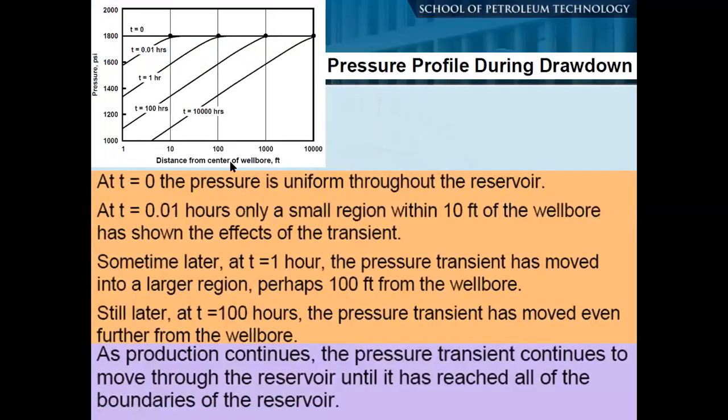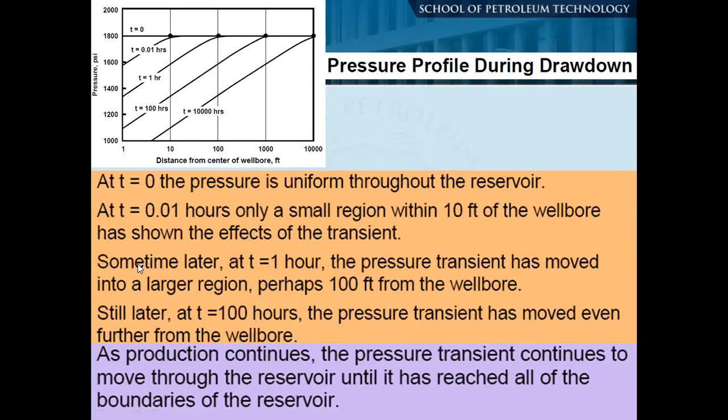Now, if you see, on the left side we have our well. Once you start taking production, you see the pressure pulses. Initially, at 0.01 hours, you can see the pressure pulses moved up to that point. This is from the well to a distance, in logarithmic approximation, the distance from the center of the wellbore. Now with time, the pressure pulse is moving away from the wellbore as time progresses.